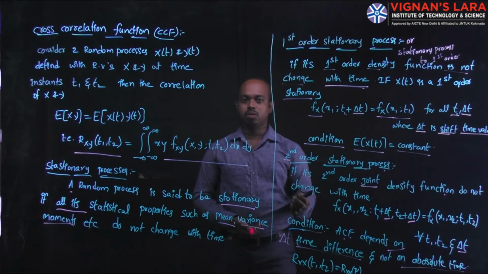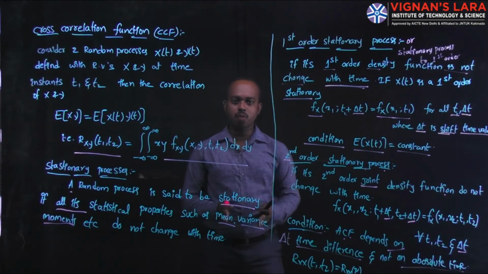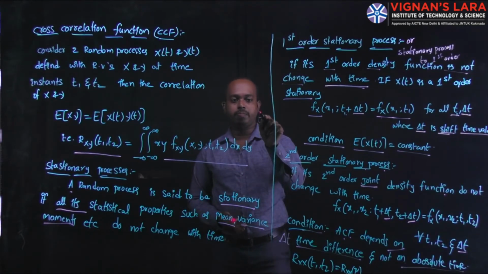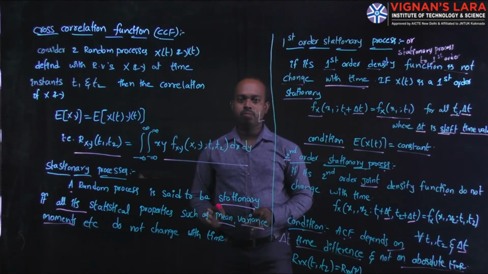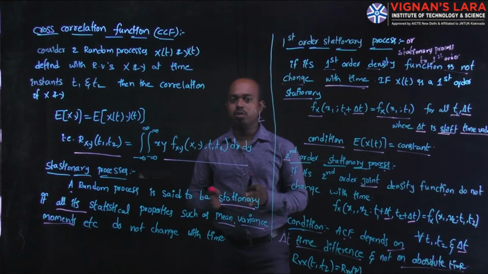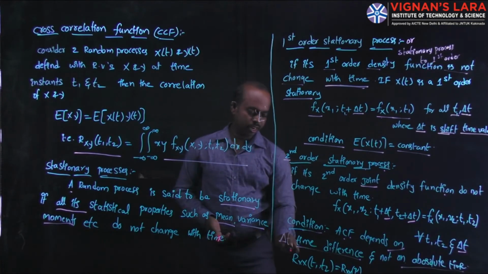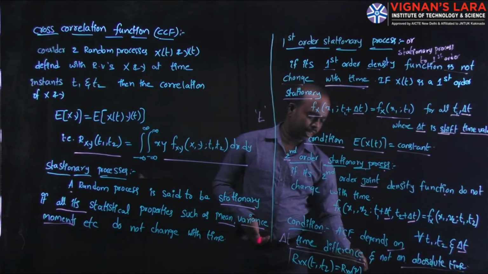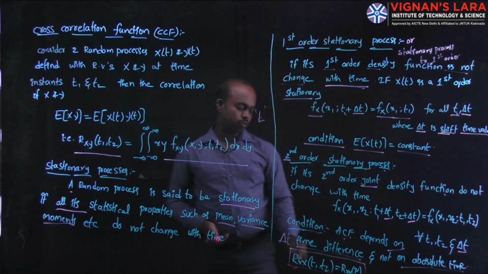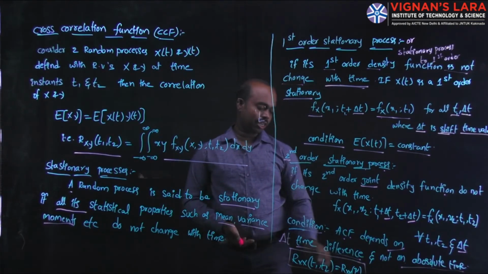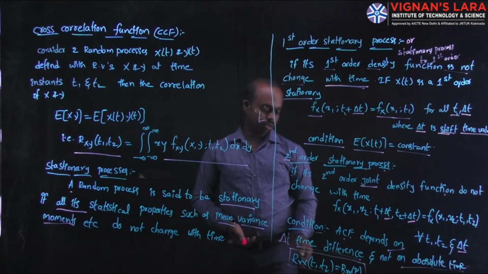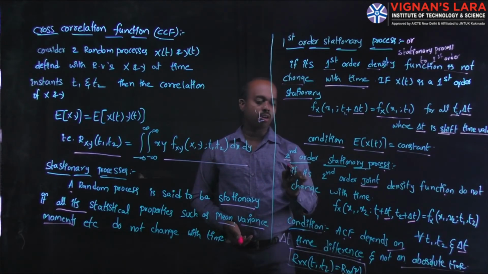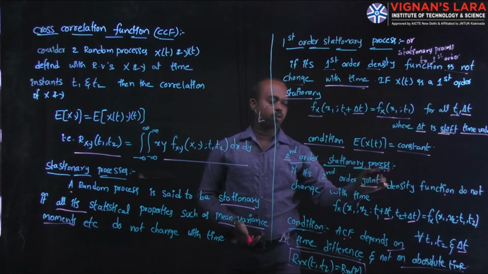stationary process. Suppose it is a function of time, the small t, then we call it not a second order stationary process. This is the condition for that. We can consider two timings: R_x(t1, t2) is equal to R_x(tau). When the function satisfies this condition, you can call it a second order stationary process.